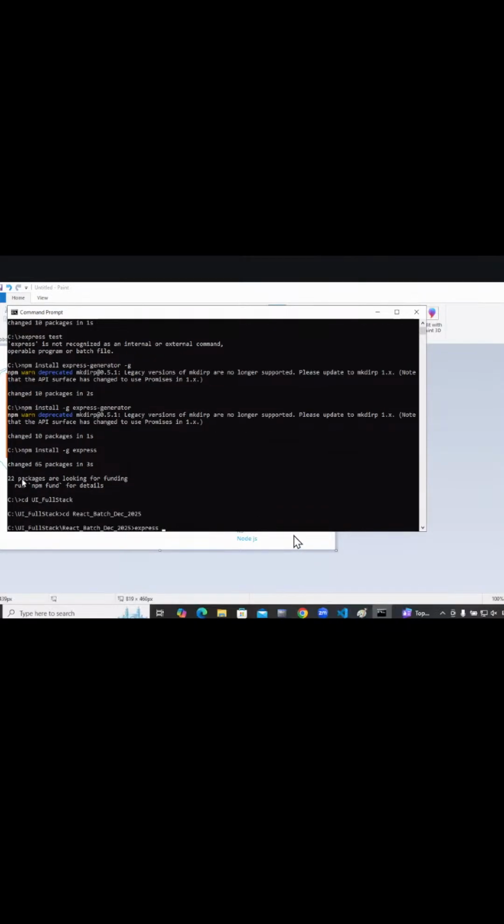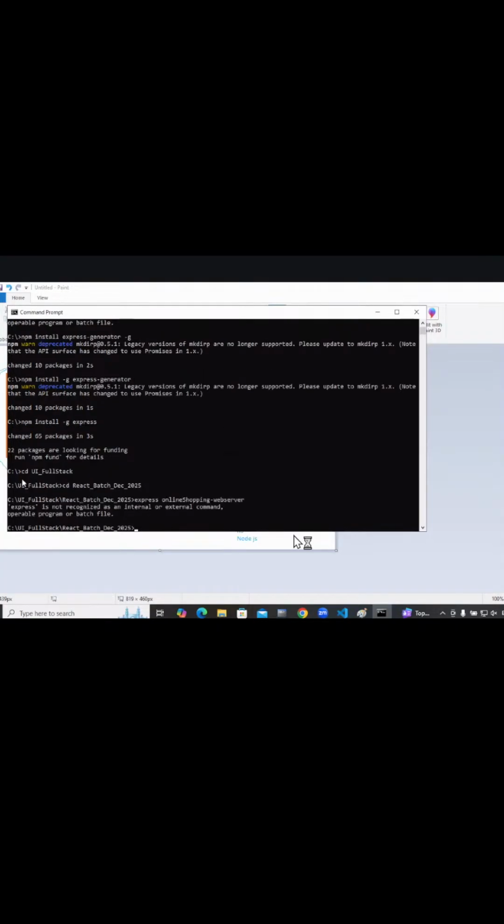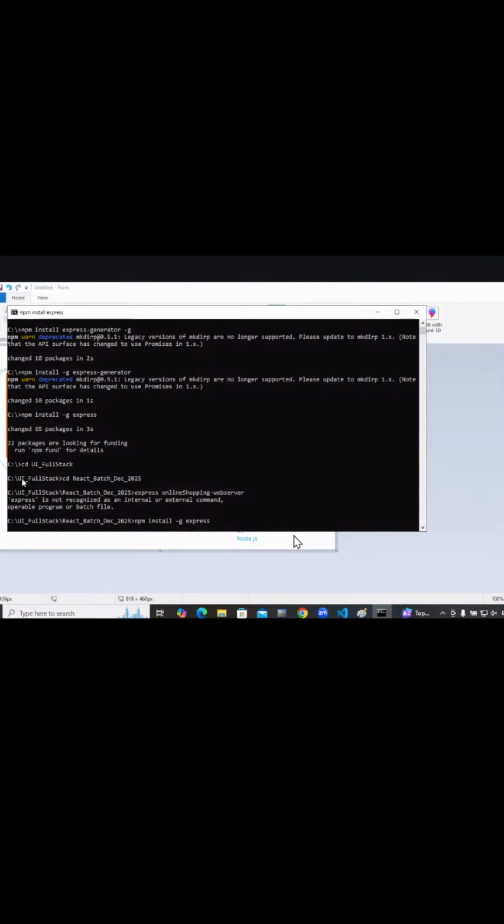Express, online shopping web server. Express, npm install express.